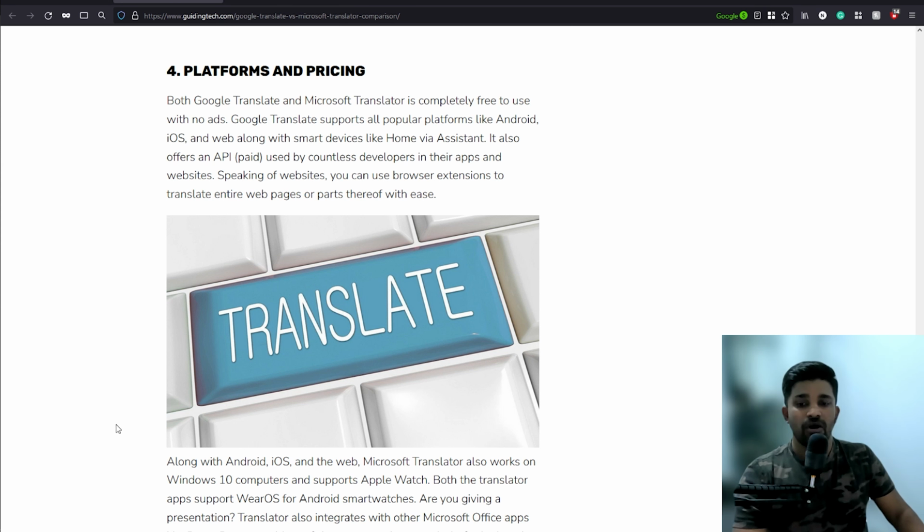But Google also provides the API for businesses to use their services. So for example, if some website needs to be translated for a business, Google provides their API, and that's where they make their money. So Google is free for personal use, but then they offer different pricing models for their APIs